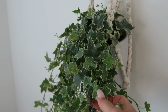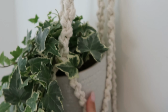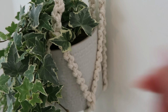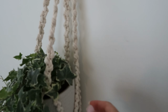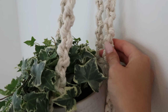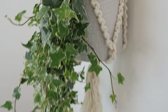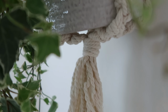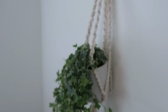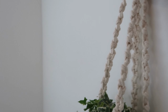And I also added this plant, which is from IKEA, that we bought yesterday. We also got the pot at IKEA. Then I have this macrame plant hanger, which I have actually made myself. So I really love this design. I think it looks very nice with the tassels down at the bottom as well. So I really like this plant hanger. Yeah, so that is